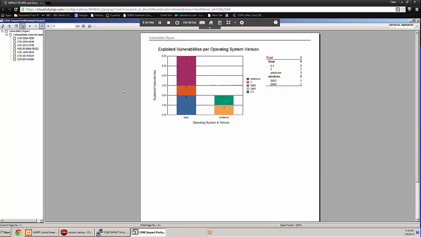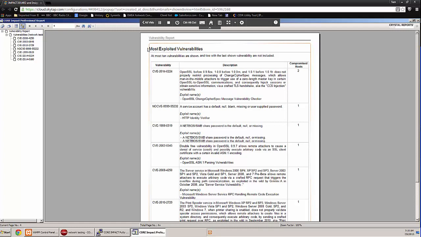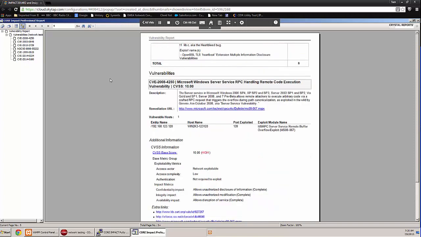and after that it will list all the exploits that we found with a description and how it needs to be resolved. So there we go, exploit name or vulnerability name, the CVE number, the CVSS score, a description here, and then the remediation URL. So in this case it's a Microsoft vulnerability, so it will take you to a Microsoft knowledge article on how to fix that problem. Then we've got some extra links here as well, some extra information on those exploits,